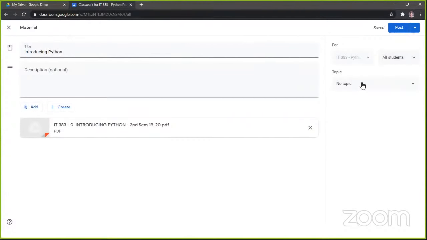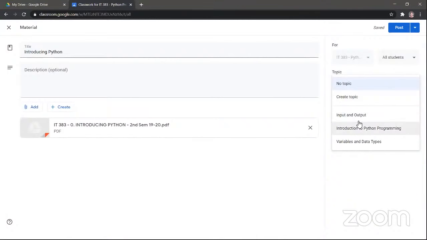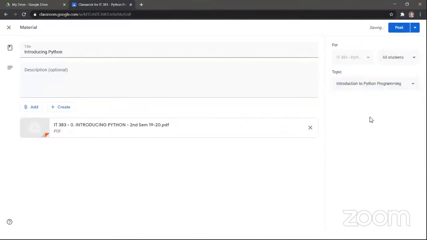Then for the topic, pwede po tayong mamili para ma-cluster po natin ng maayos yung ating materials, assignments, and questions. Okay? So we have here, this is introducing Python. So I will be topic Introduction to Python Programming. Okay? So once we're done po with our material settings,